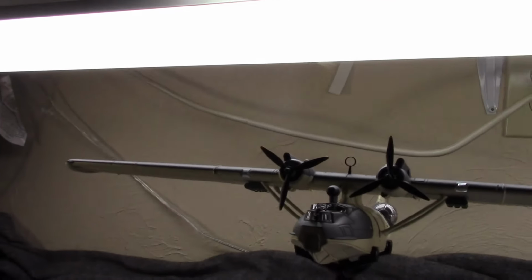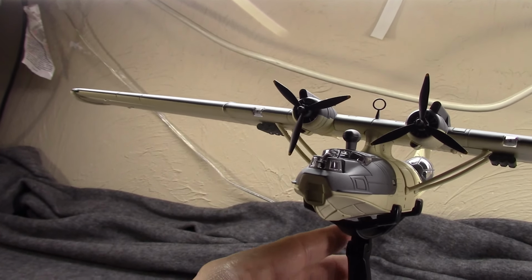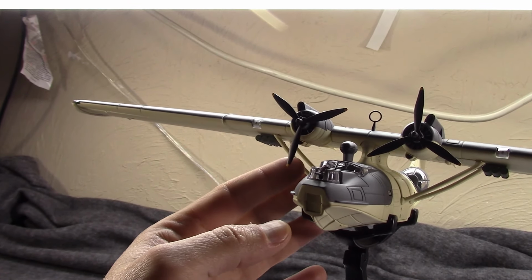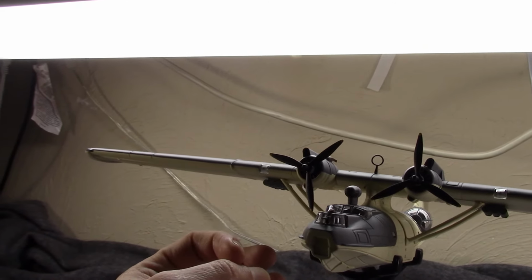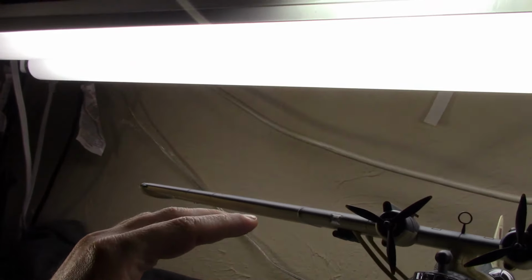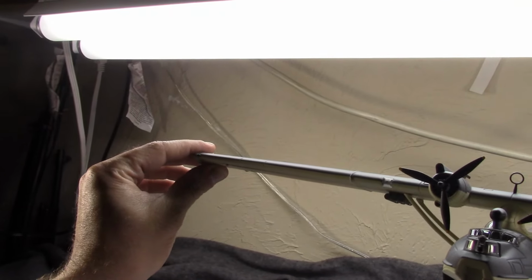This is probably the oldest design. Certainly the oldest style design. I mean, this is a very classic aircraft. It has the high mono wing with the struts. We have 2 propellers. One neat feature of this model, it does have the pontoons that come down